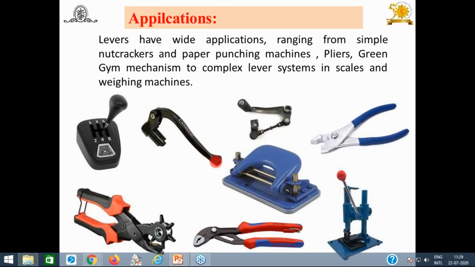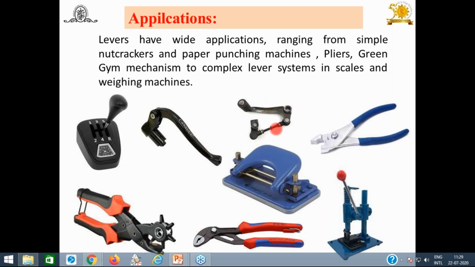This is also a lever. You will find the pivot where we are going to put the effort. Accordingly it actuates the other side. Then again this is a tool for a leather belt, to make holes. You will find this is the pivot. You will get the output force here and we are giving the effort on this side. It's a first class type.